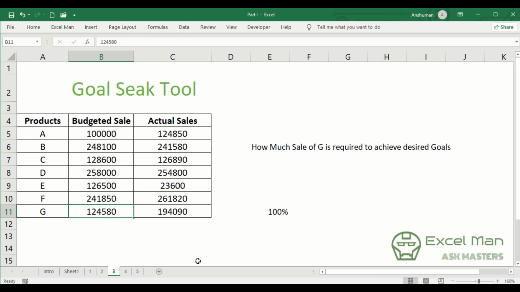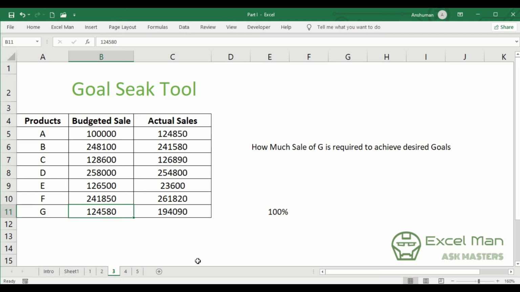Let's say that after 1 week or 2 weeks, my salesperson comes to me and says, "Sir, we have achieved a sale of 2 lakh rupees." Then I can consider that we have achieved our budgeted sale. But let's say they come and say, "Sir, we are able to achieve only 90,000 in sales." Then I can assume that they have done the work really badly and we are not able to achieve our budgeted sale. So this is how the Goal Seek tool will help us.